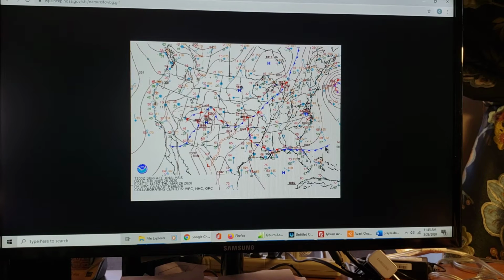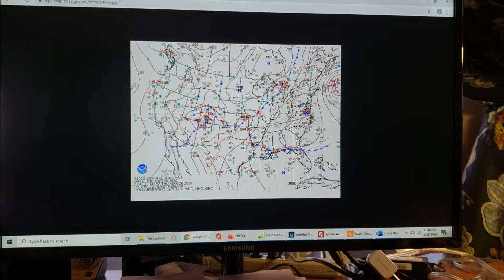We have an old cold front over Florida, which is kind of dissipating, and we have a weak cold front coming in from the Midwest. This is a 1019 millibar high, not real strong, but there's still some cold temperatures up here. In Canada, minus 4, 12 degrees here, but 27 near the border. And we've got some stuff going on in the southern plains over into the Rocky Mountain section.